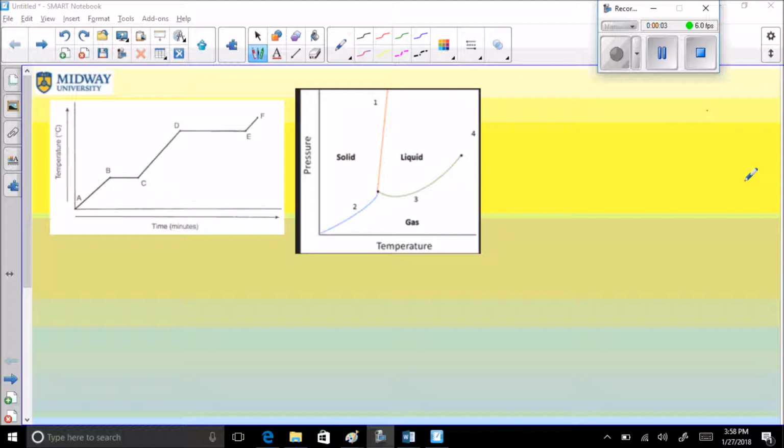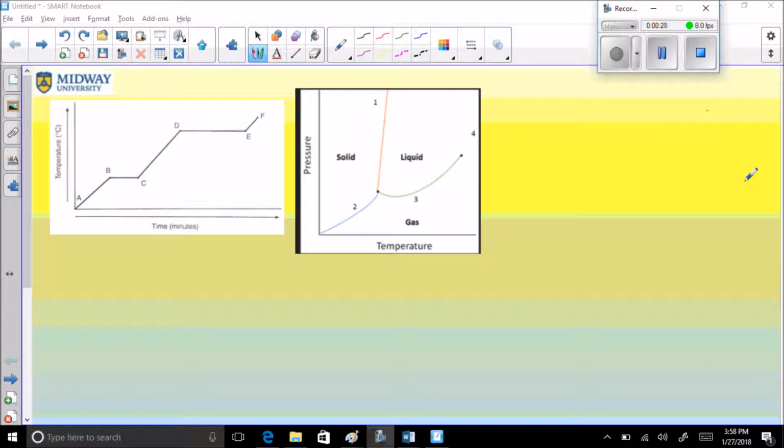Welcome back. I've spoken to all of you about the heating curve and the phase diagram, and I have worked out a few problems. But what I did not mention, and I would like to take the time to talk about now, is to really know if you have a conceptual understanding of what is happening between the heating curve and the